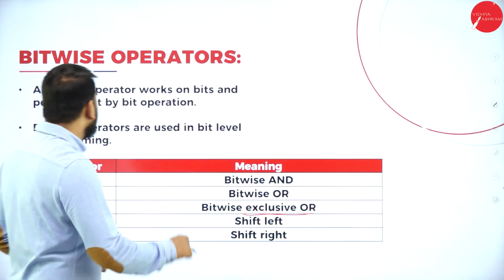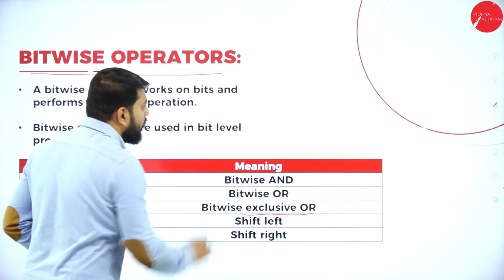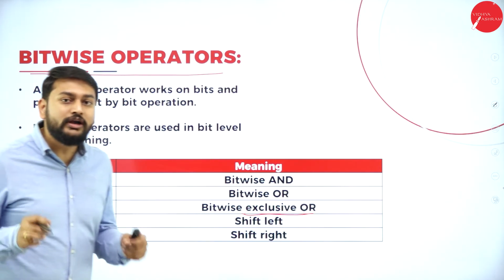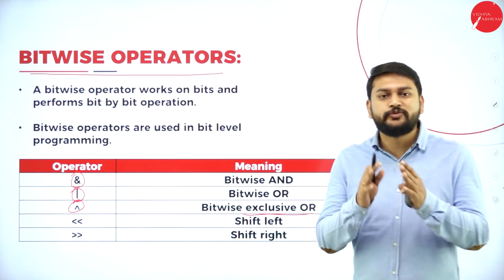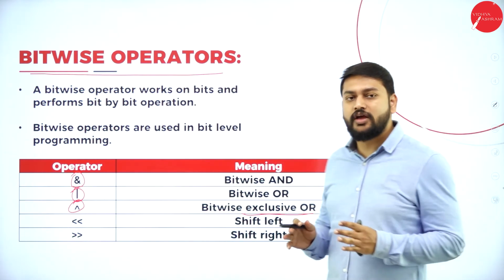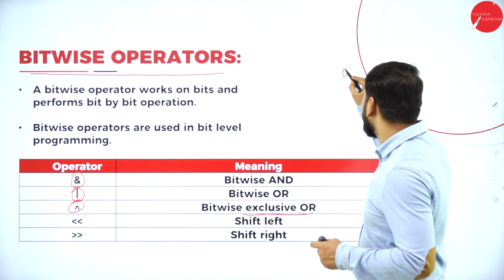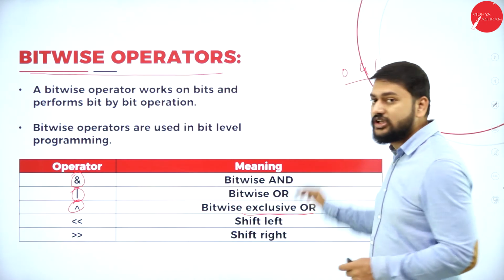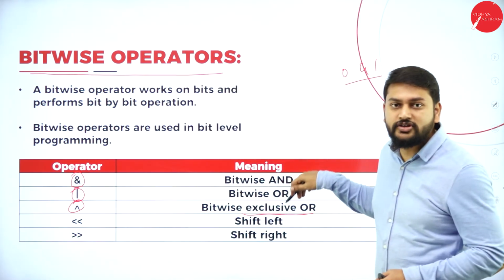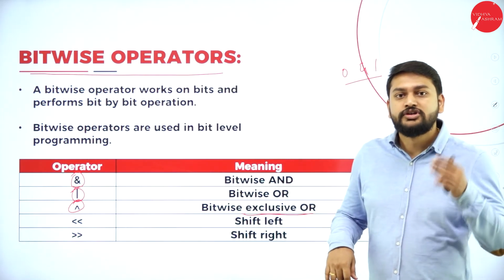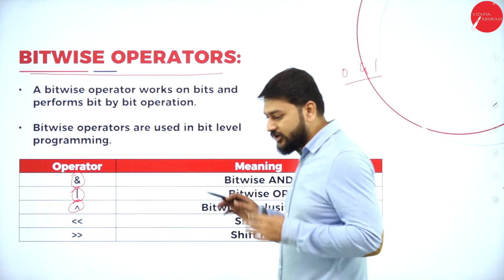When I'm using bitwise operators, I will be dealing only with bits. What are bits? Binary digits, I will call them bits. Zeros and ones. If I want to perform these operations, bitwise AND, bitwise OR, exclusive OR, shift left and shift right,